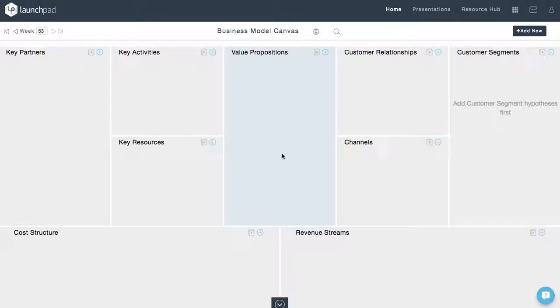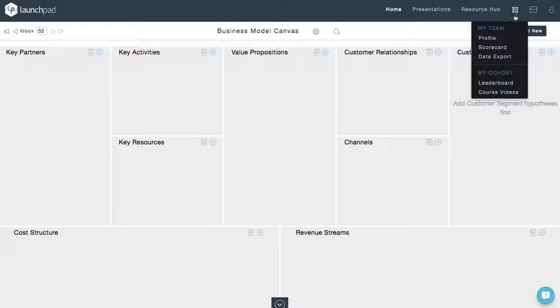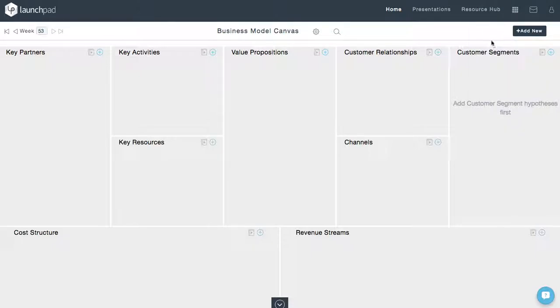In this screencast, I'll go over your team profile. Now, the team profile is a quick, high-level snapshot of your team and your team's metrics. So on the top toolbar here, you'll see an icon, a grid icon. Go ahead and click on that, and on the drop-down that appears, click on Profile, and you'll be presented with